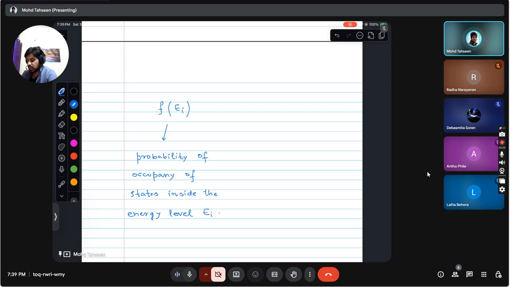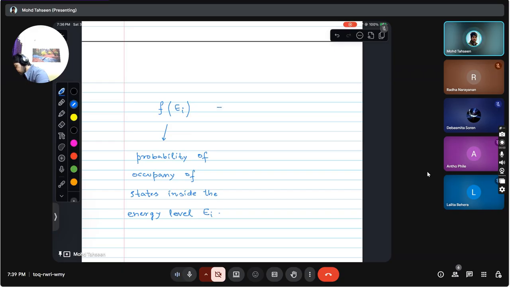Inside this energy level EI there are SI number of states, and depending on how many of these states are filled, we can define a probability distribution function f of EI. If we evaluate this function at the particular value EI, it gives us the probability of occupancy of states for that energy level. Simply said, it's a probability distribution function, and what it will be equal to,